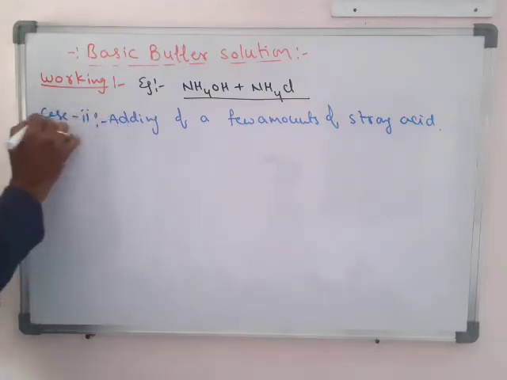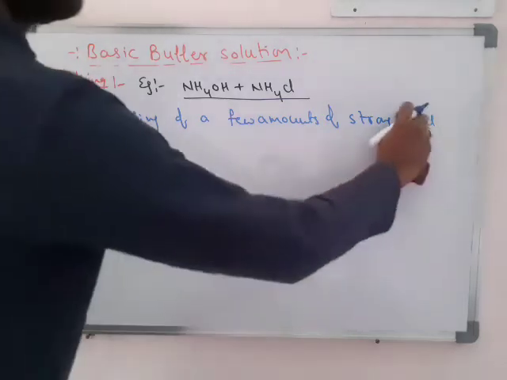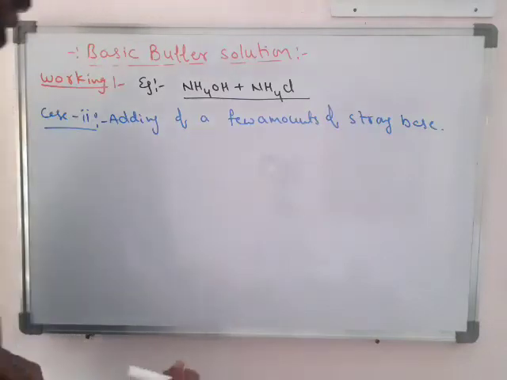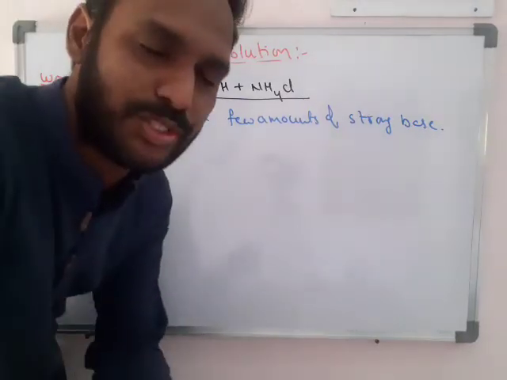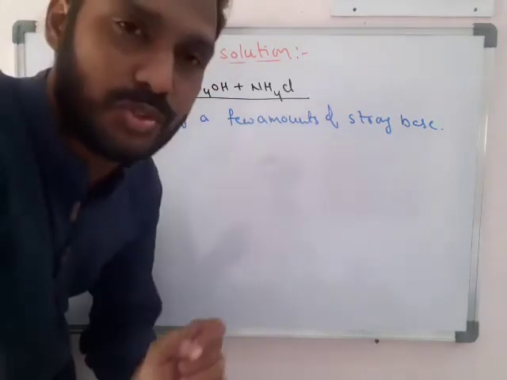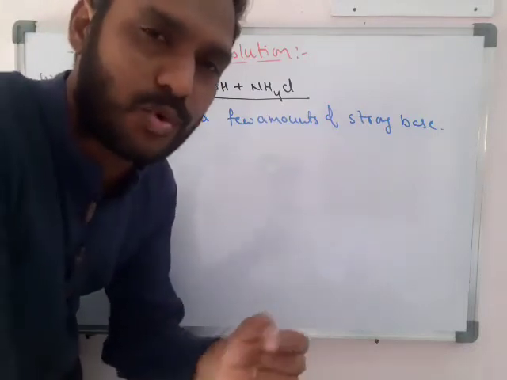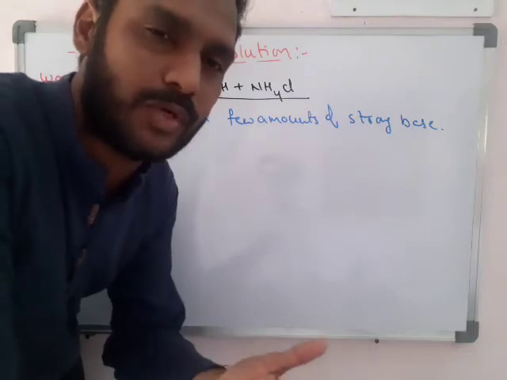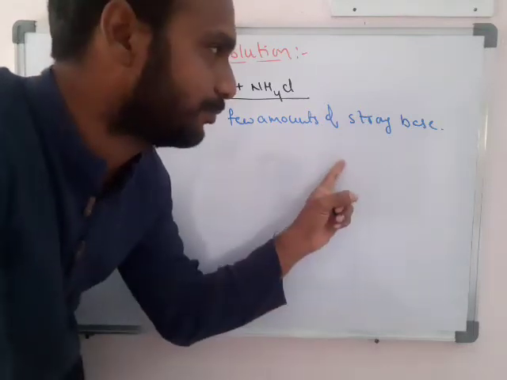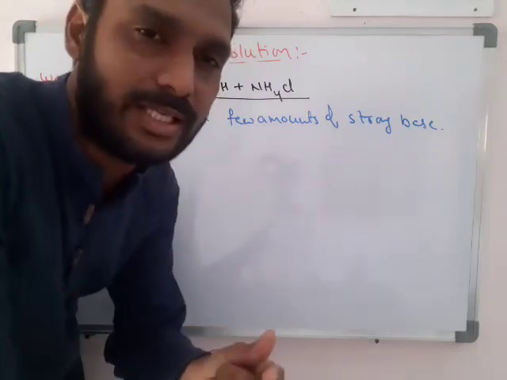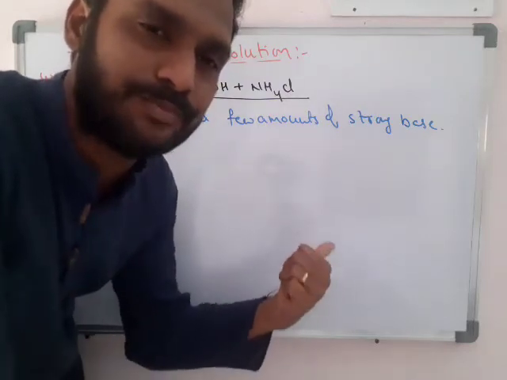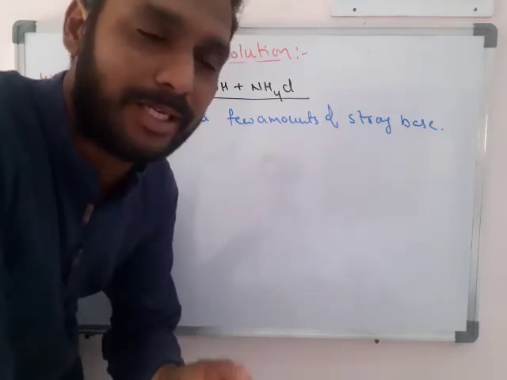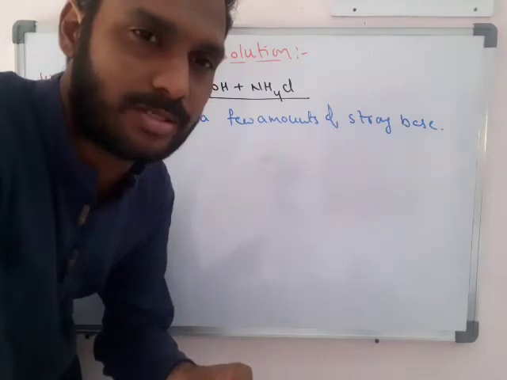So in case 2, we are adding a few amounts of a strong base. Okay, you have to write again. What happens when a few amounts of base are added to this buffer solution, if a strong base is added? We expect the OH minus ion concentration to increase, since the strong base releases OH minus ions, but there is no change in the pH because